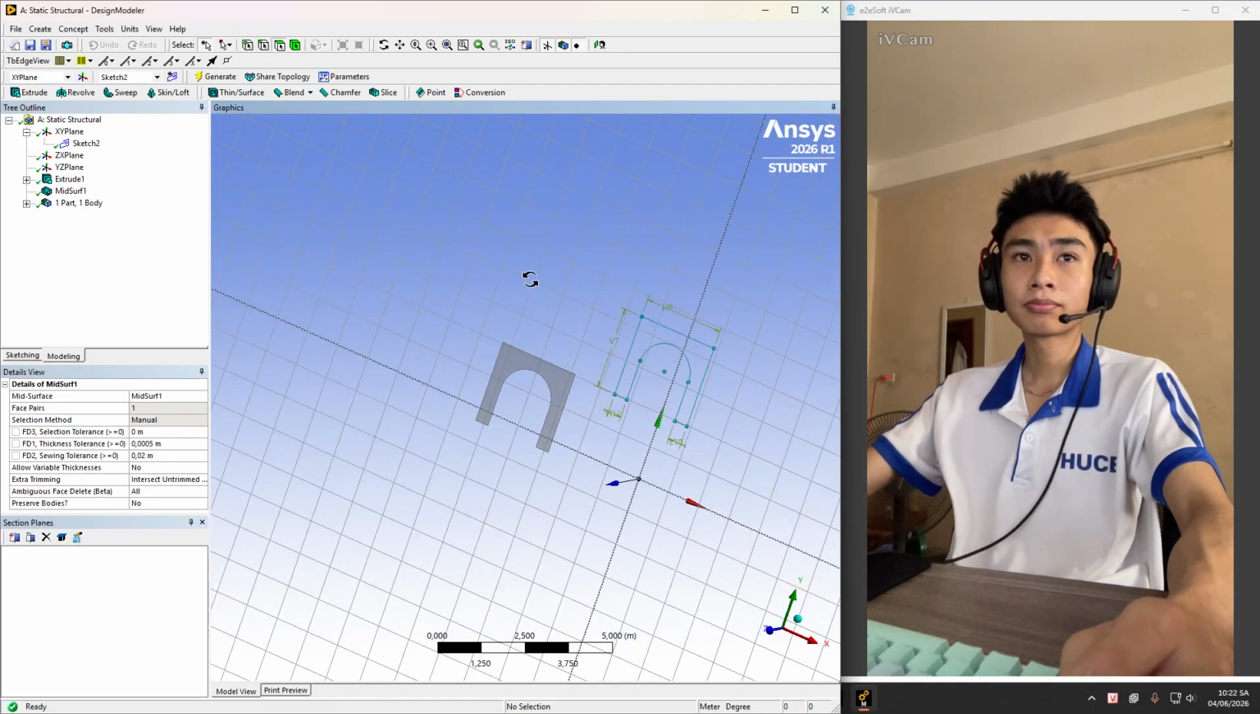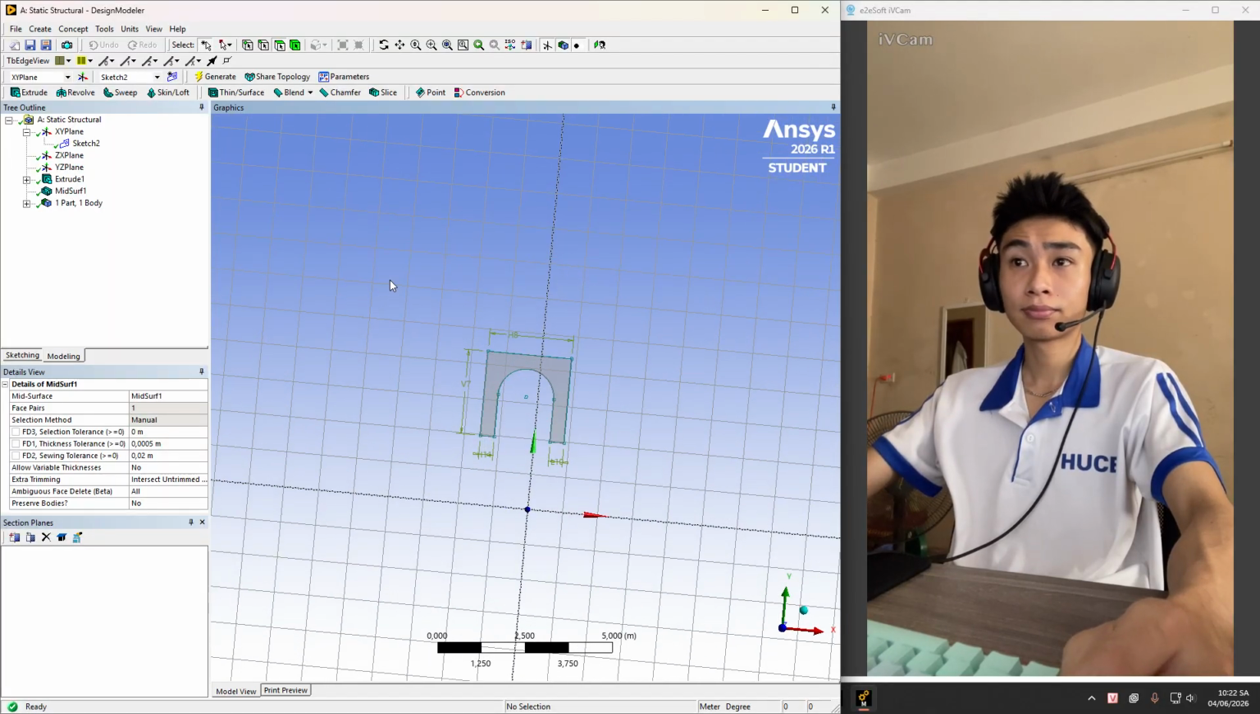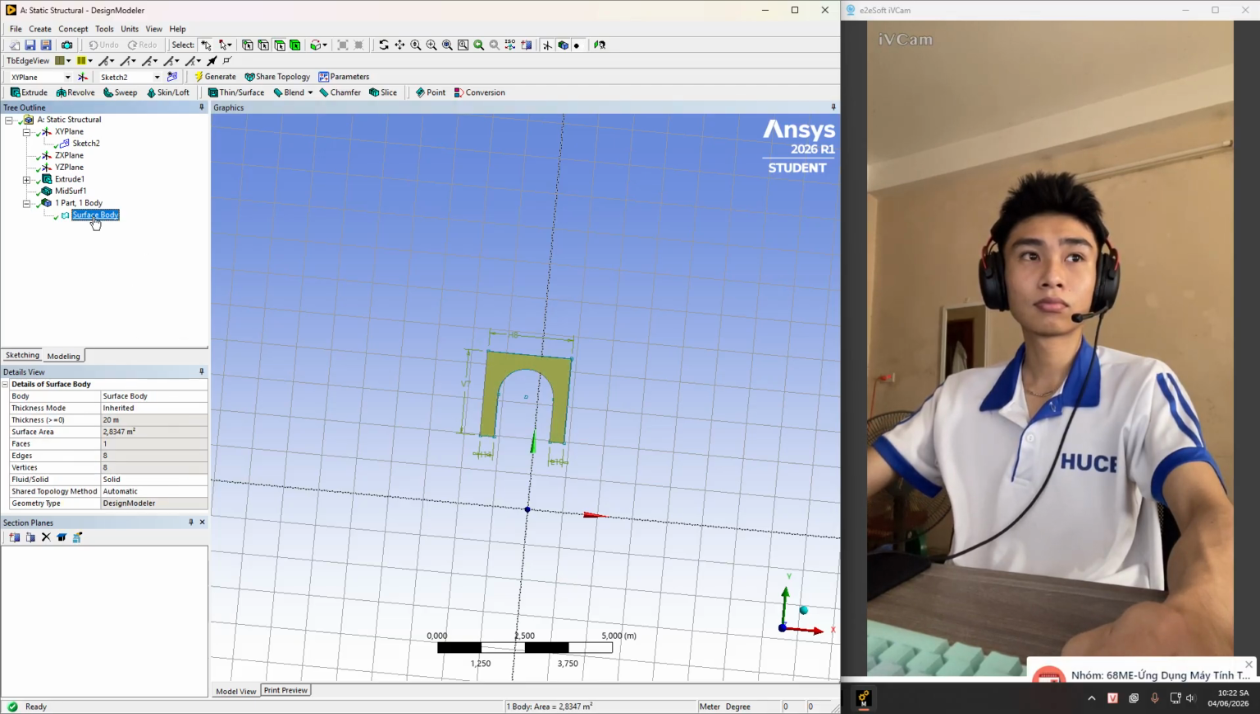we are only performing the calculation on this plane, but it will be interpolated to the complete tunnel. Once you have created this particular object, carefully see, the surface body is generated. This is the surface body on which we are going to